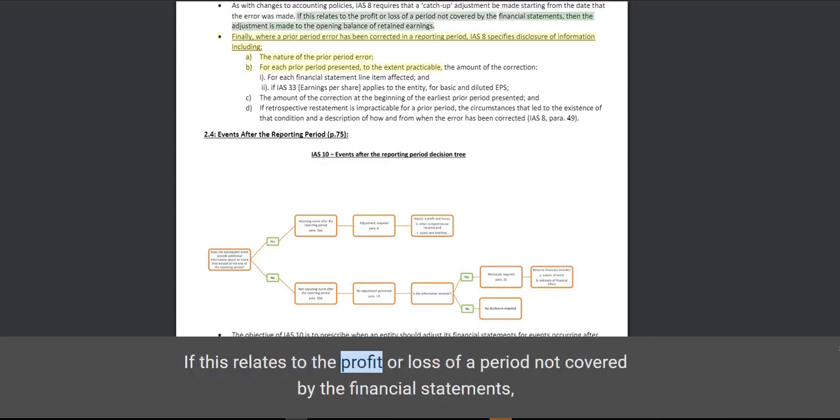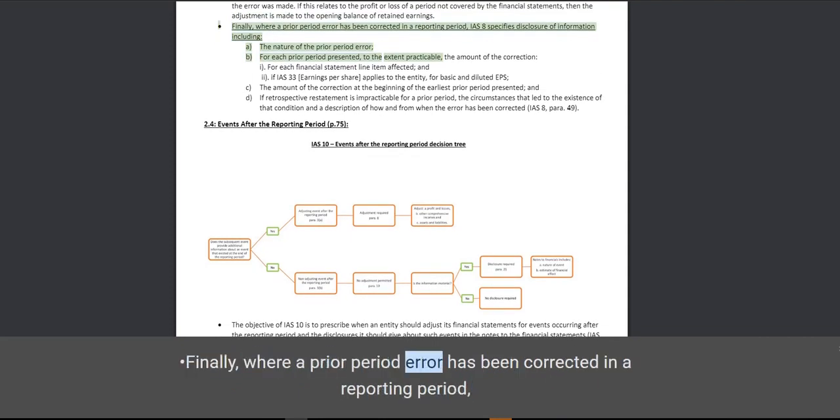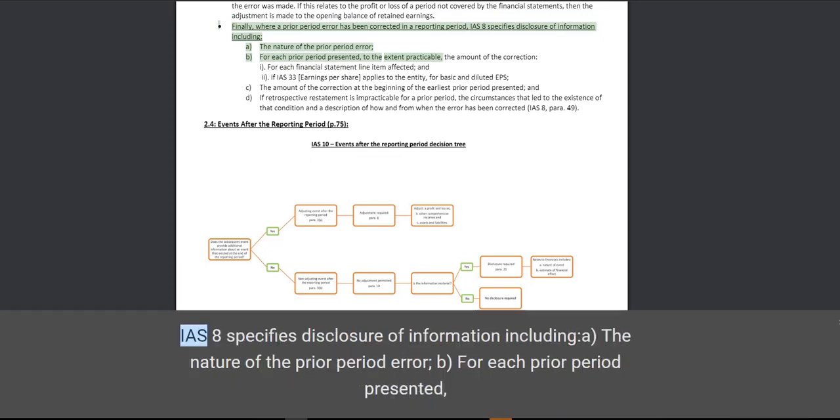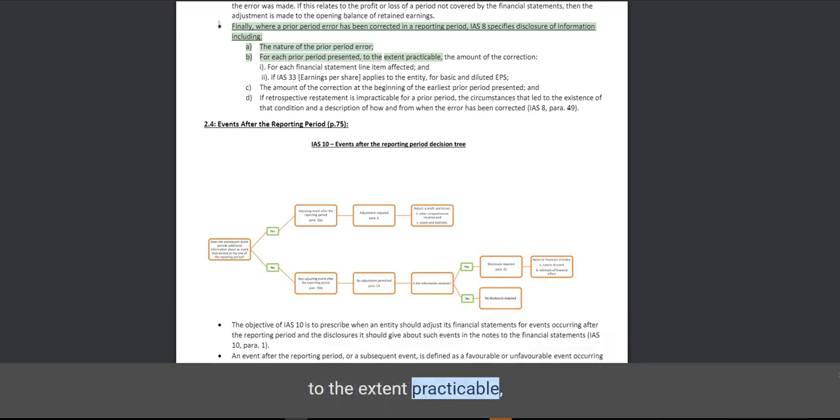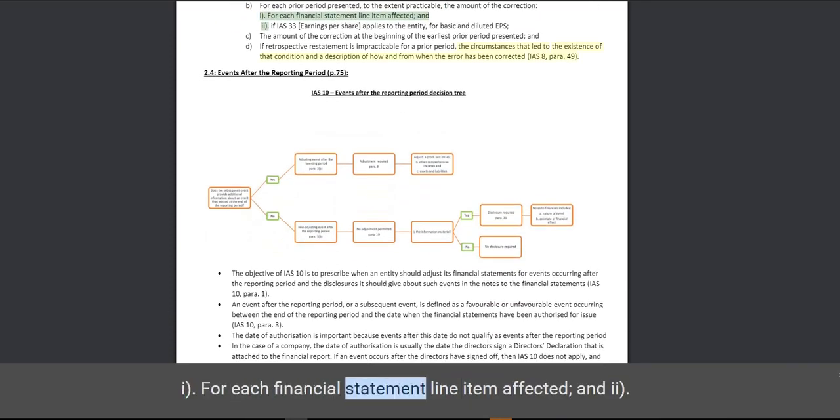If this error relates to the profit or loss of a period not covered by the financial statements, then the adjustment is made to the opening balance of retained earnings. Finally, where a prior period error has been corrected in a reporting period, IAS 8 specifies disclosure of information including: a. the nature of the prior period error; b. for each prior period presented, to the extent practicable, the amount of the correction, 1. for each financial statement line item affected, and